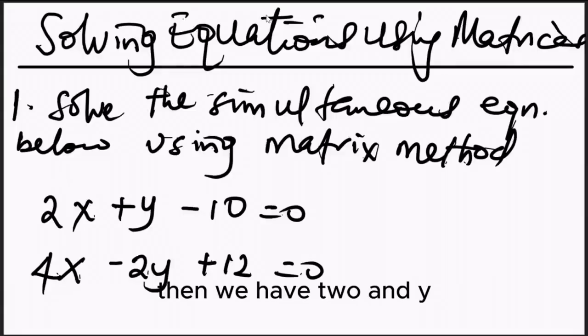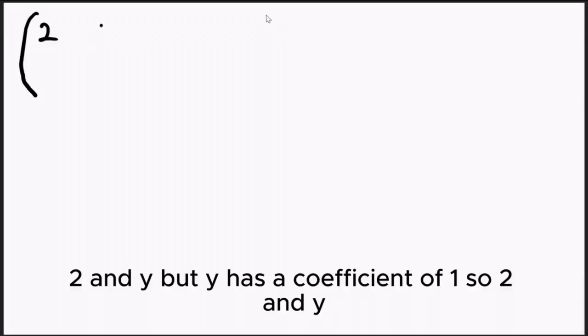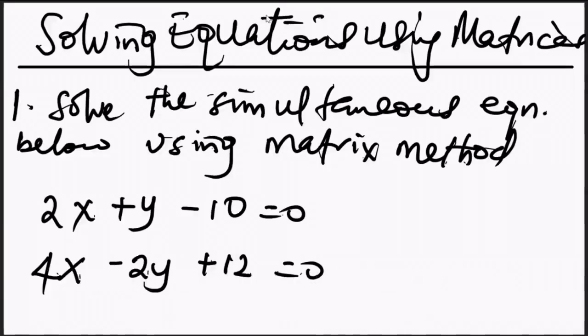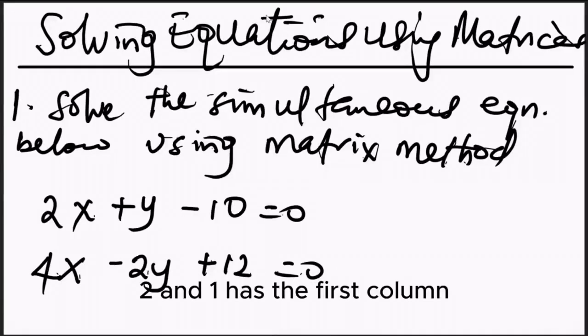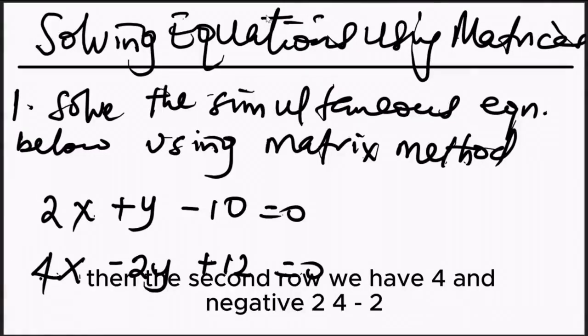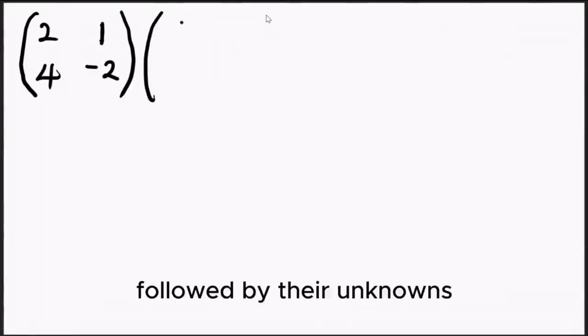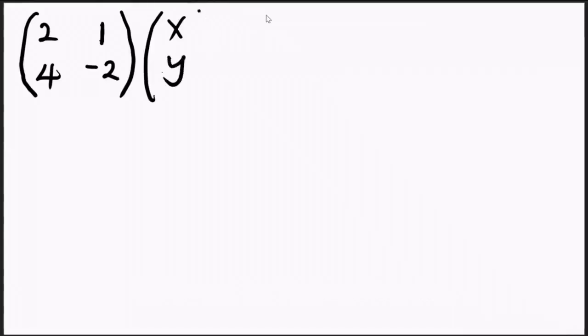Then we have 2 and y, but y has a coefficient of 1. So 2 and 1 is the first row. Then the second row we have 4 and negative 2, followed by their unknowns, equals to